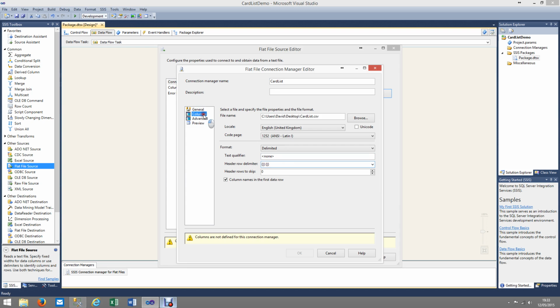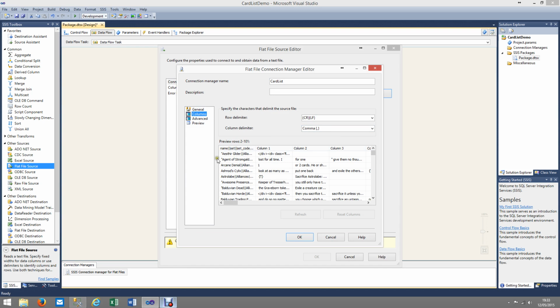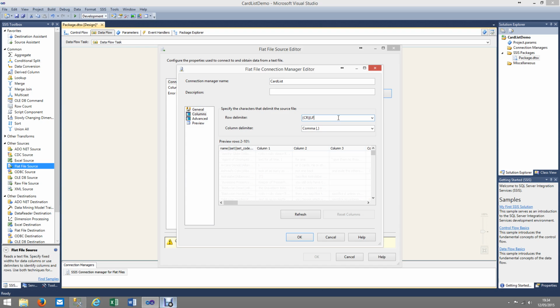And now what I'm going to do is go to the columns. Now this page will actually show you what your data is already looking like. As you can see, column 1, 2, 3 to infinity are all incorrectly titled, and that's because we just need to set up this here. So mine's a carriage return, and I also know it's a vertical bar followed by another vertical bar. Okay, if we hit refresh, there we go, our data has been sorted into its correct columns all the way to the end. Now if I click OK again